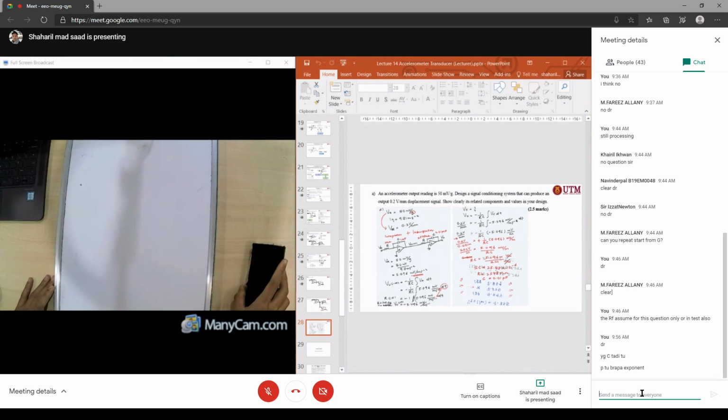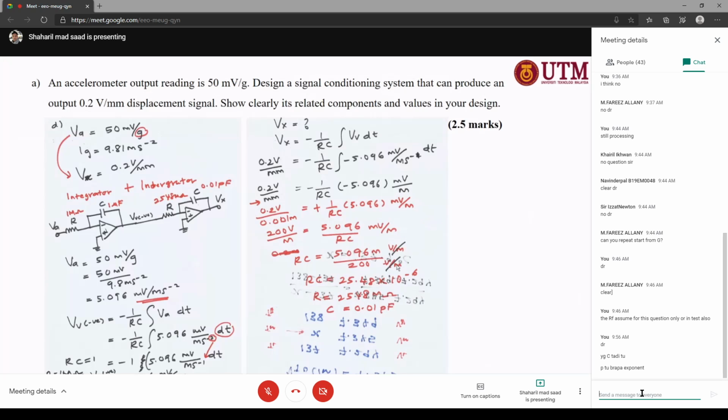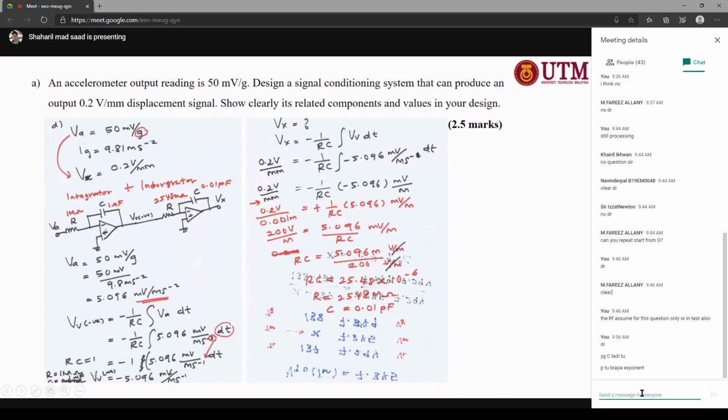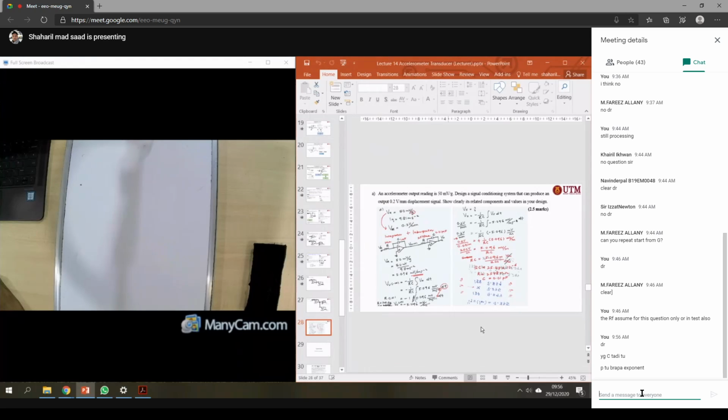What is the exponent of P? What is the exponent of P? P is pico, right? 10 power of minus 12? Oh, P is micro, right? Oh, actually micro, right? Correct. Micro, P is pico. Pico, that means